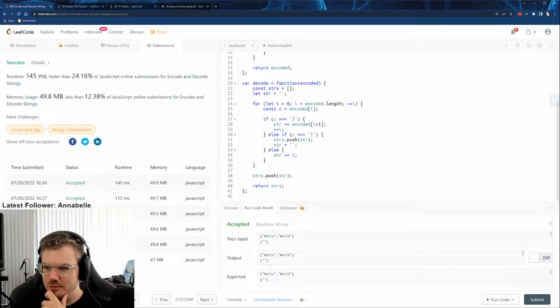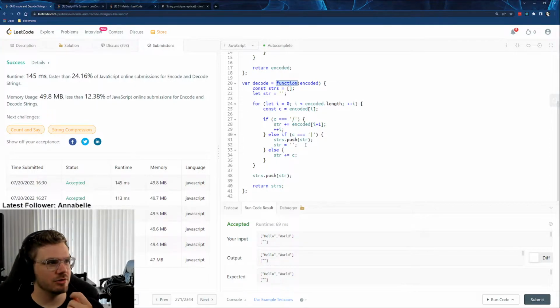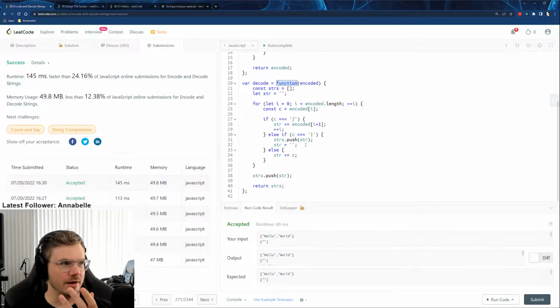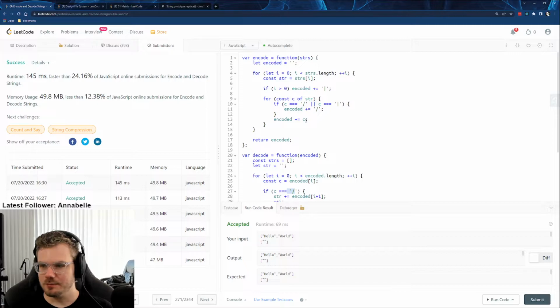And then the decode function is basically just the inverse of that. The important observation here is that when you're iterating through the characters, one character at a time, anytime you encounter the escape character slash, you're guaranteed to be at something that you originally escaped in the encode function. So essentially all you do is if you encounter the slash character in the encoded string, which is the escape character,